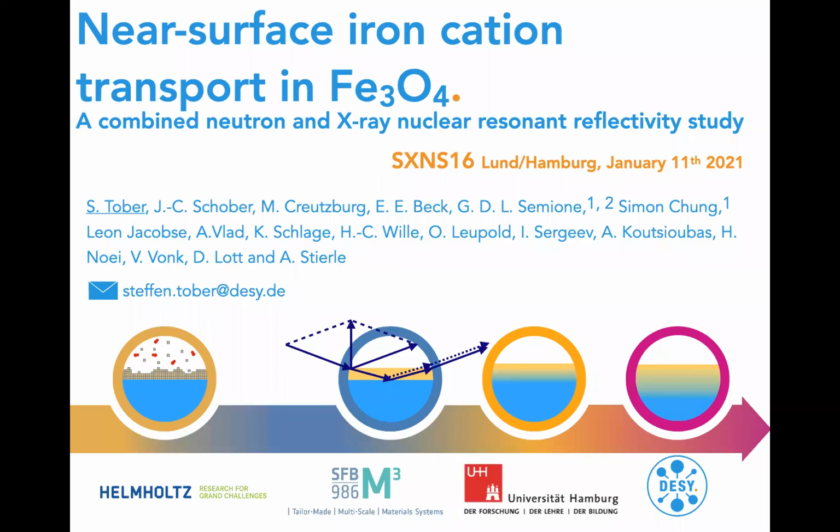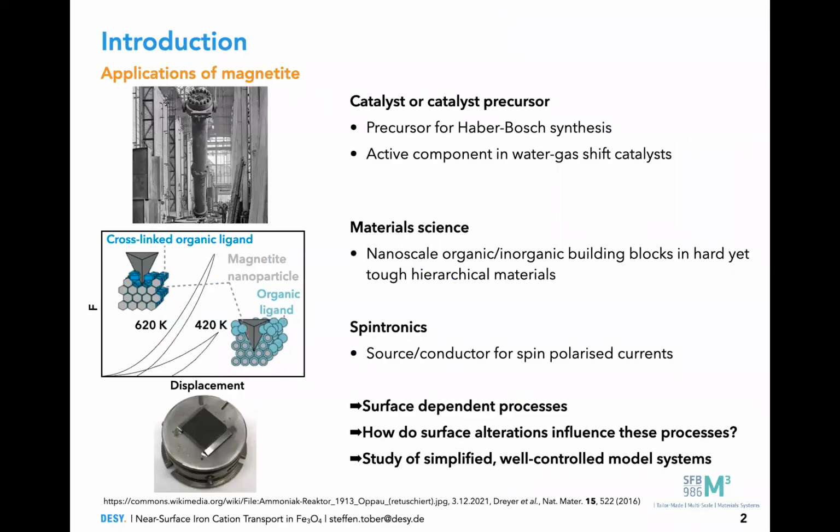So I'd like to present our results on the near-surface iron cation transport in the near-surface region of magnetite, which we've studied by neutron reflectivity and nuclear forward scattering, so precisely by nuclear resonant reflectivity in time spectra. Magnetite is one of the 4 common iron oxides, and on industrial scale, it's used, for example, as a catalyst